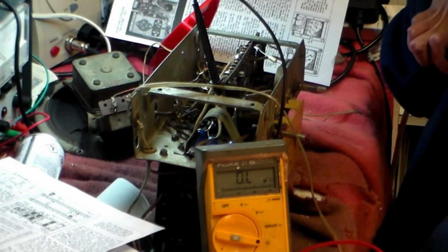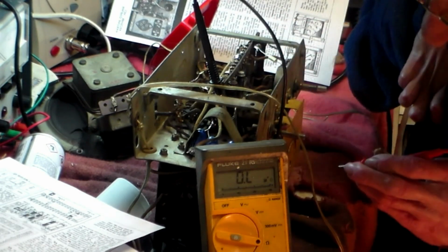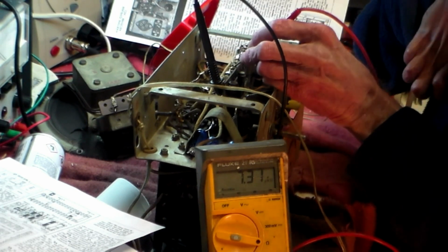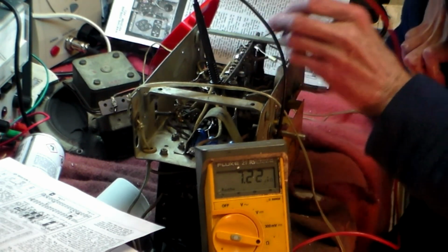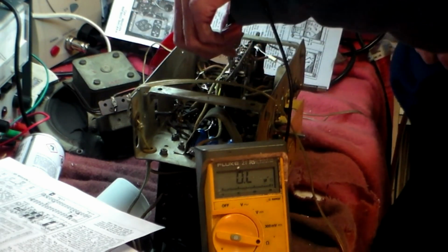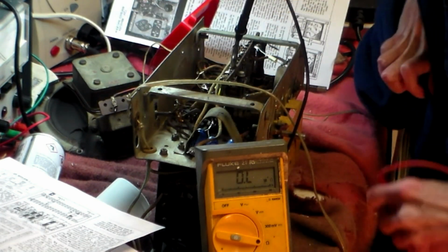Okay, it is right. So from there to there, it should be 6.8 K. Let's see what it is. 7.3. Well, that wouldn't stop it running that badly, but it's not right. So anyway, from there now, if I put that on there like that, not touching anything else, and